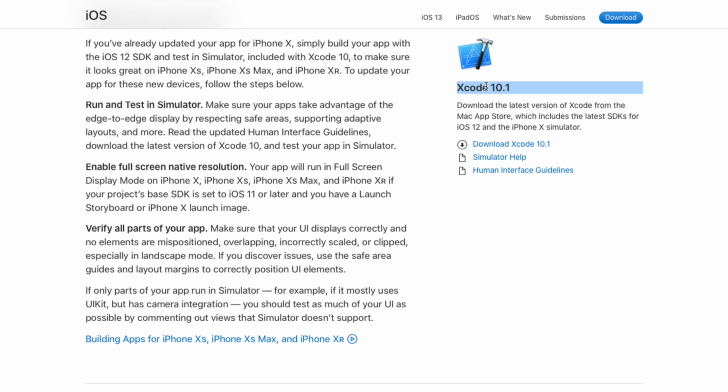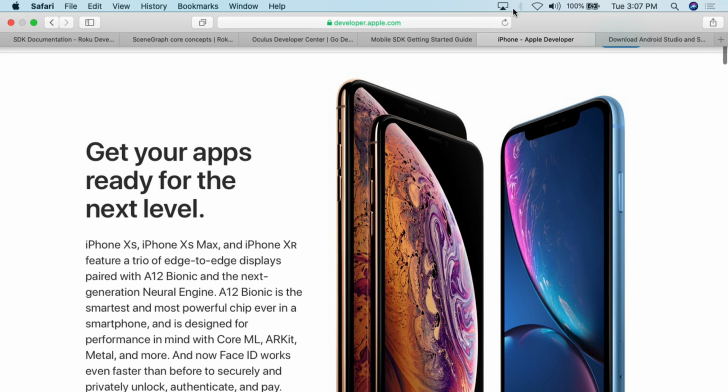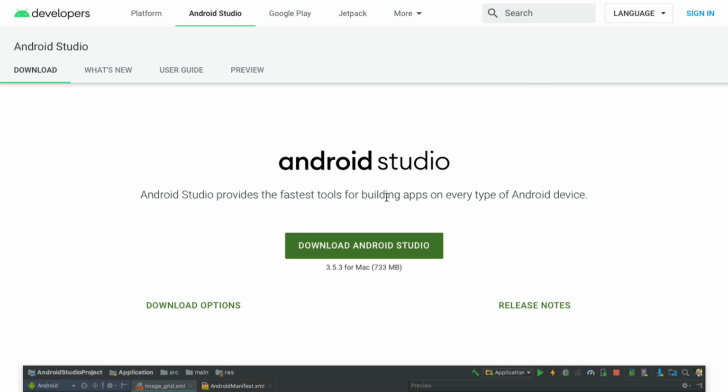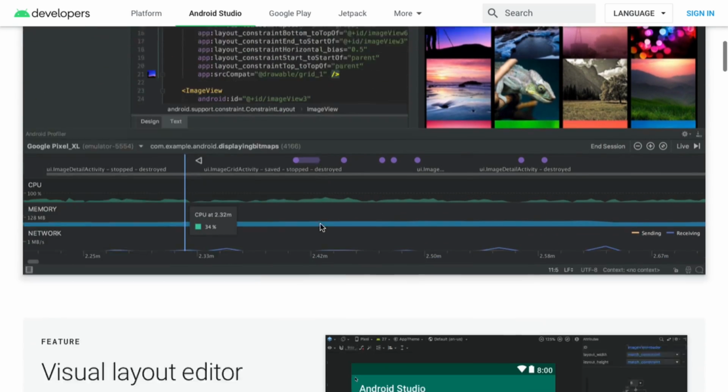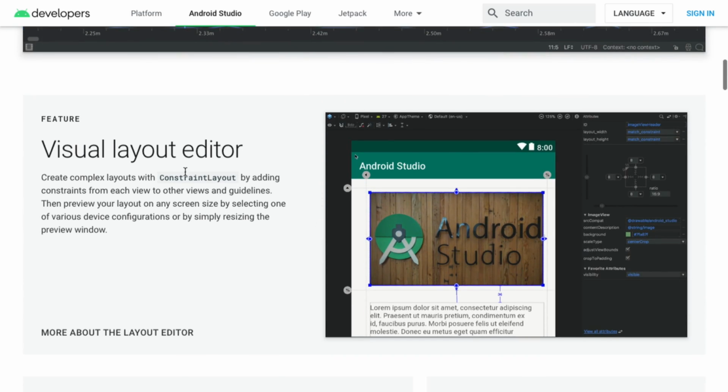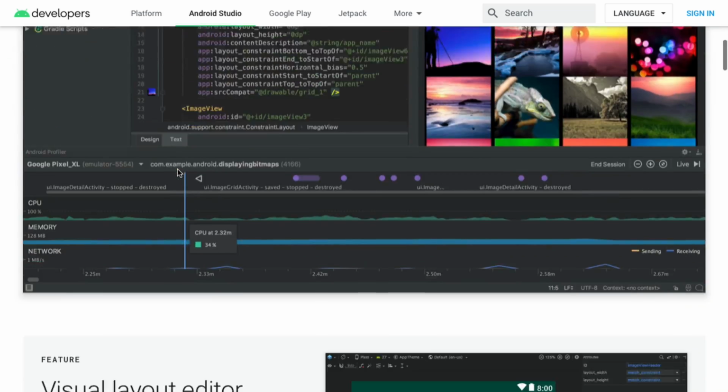Xcode is the actual development environment. And then they're going to have the SDKs for whatever iOS version you're dealing with. Past that, again, you can go over to Android. So Android has a studio. The Android Studio has the Android SDKs built into that. And you can see here, with their whole studio, you get